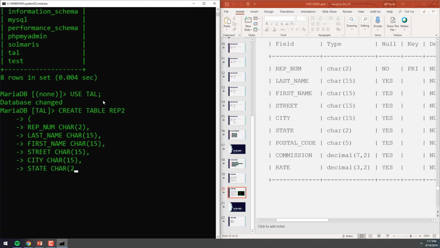This is exciting to watch, I bet. And postal code, char 5. Commission, decimal 7,2, and then last we have rate, which is decimal